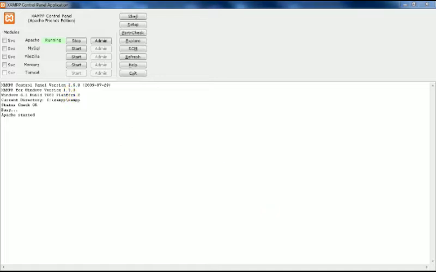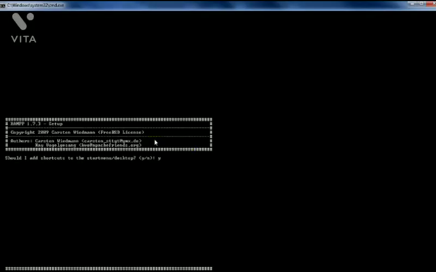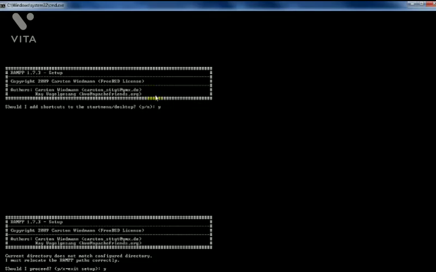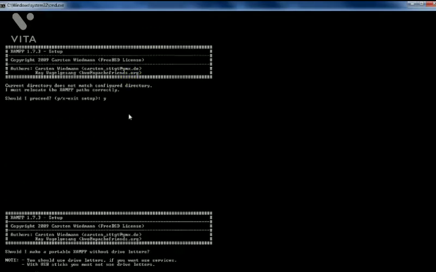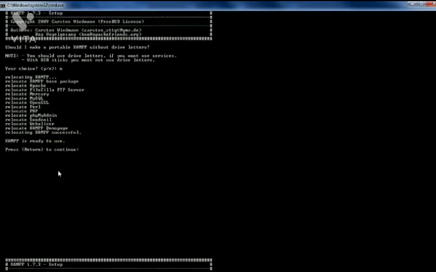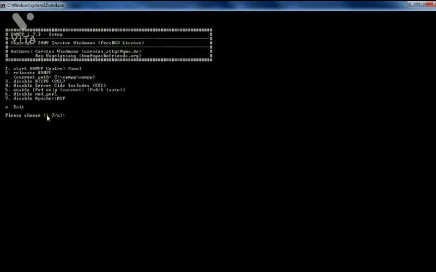Okay, so first of all, you will need to download it. Download it for your OS. I recommend the exe file, or the executable. And once you're done installing, I installed mine on the C drive. It will open up this, and you just choose whatever you want. But once it comes down to the last part, start the XAMPP control panel. I chose yes,